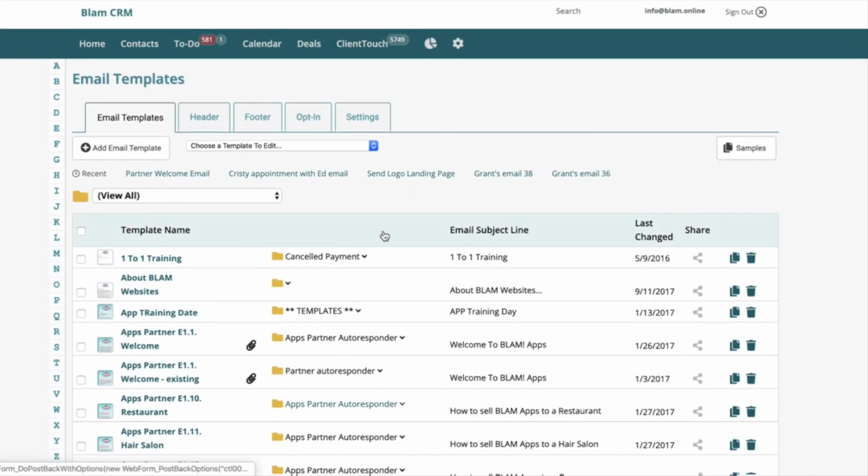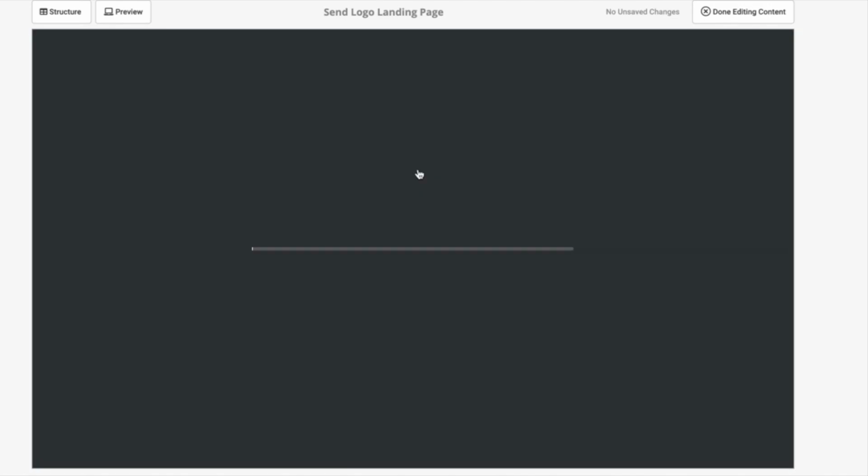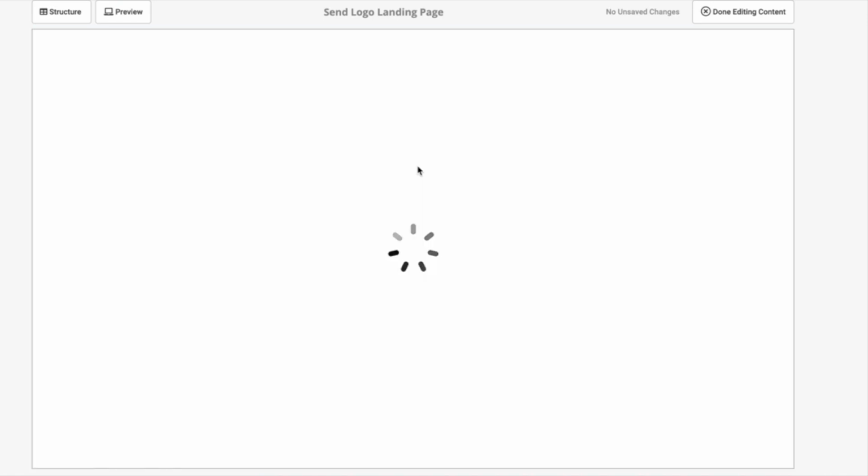We've got hundreds in here that are all designed with a very easy editor that we've supplied within the CRM, and even somebody with low technical skills can do that. So if I click on this, it shows you the content editor. Quite simply, it opens up, and much as you may have seen in a lot of drag and drop editors,